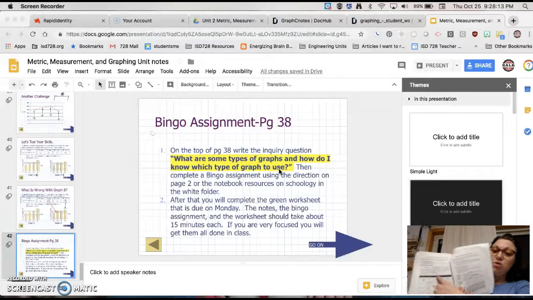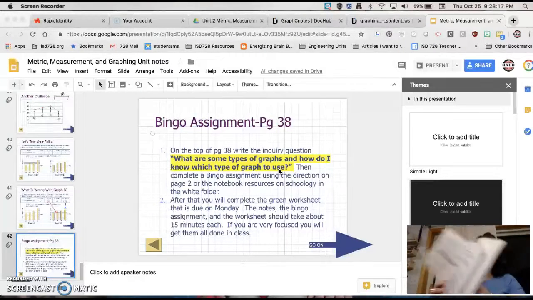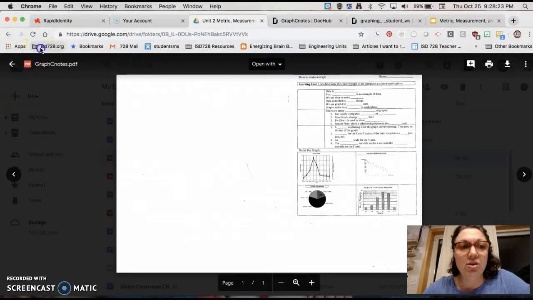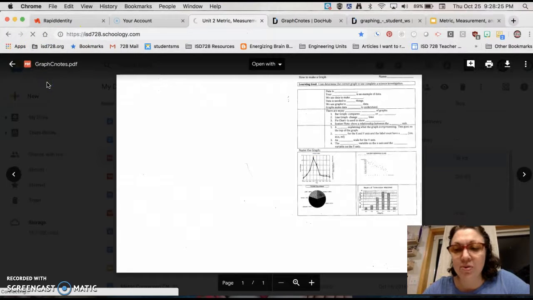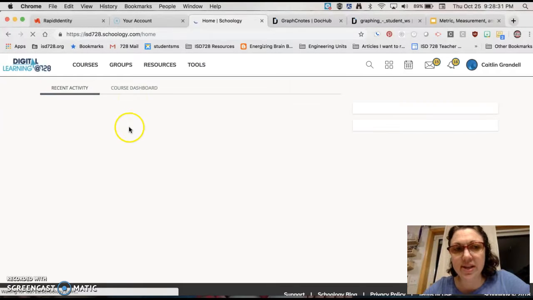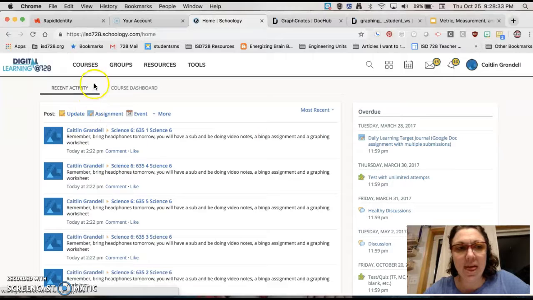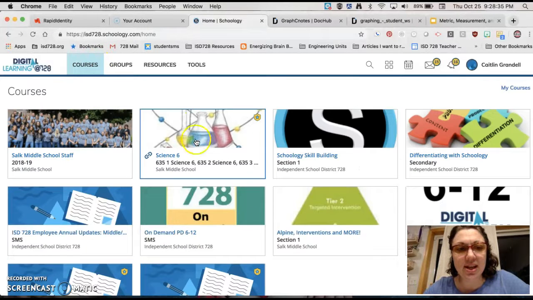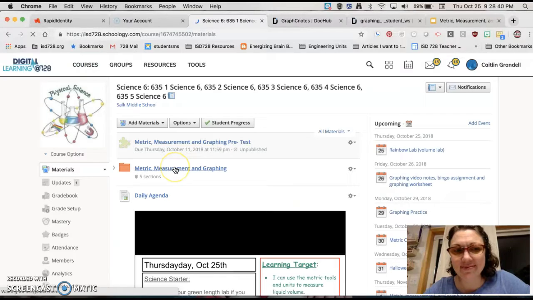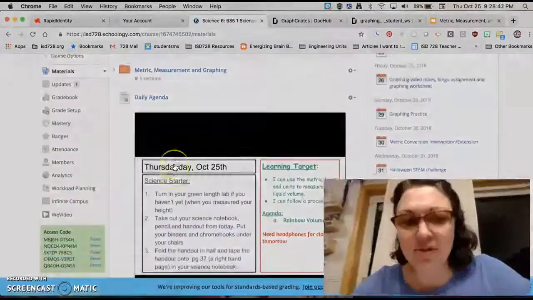And if you don't know what they are or you need to see a visual example, remember that you can go into Schoology. So I will go ahead and do that. You're going to go into Schoology, which you're already in because that's where these notes are. And you're going to go into your science course. It'll take me a few clicks to get there. So if you scroll down